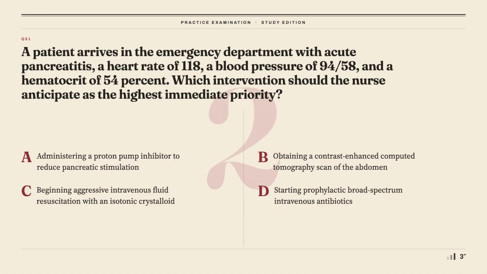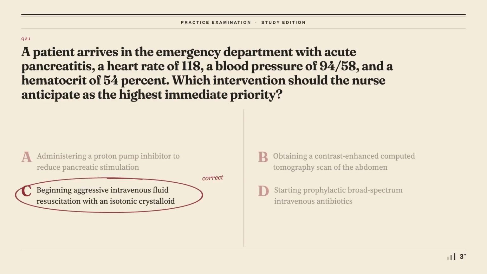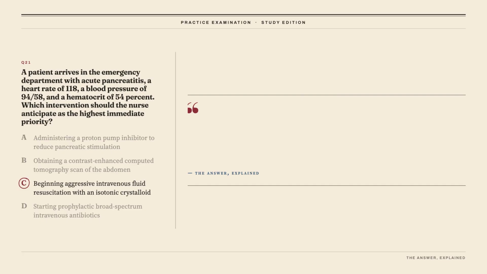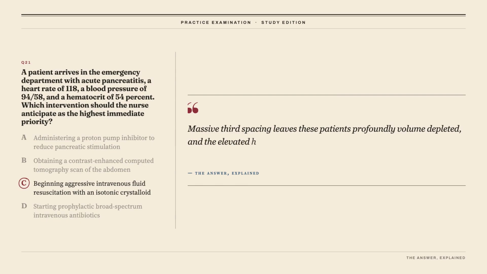The correct answer is C. Beginning aggressive intravenous fluid resuscitation with an isotonic crystalloid. C is correct because massive third spacing leaves these patients profoundly volume depleted, and the elevated hematocrit is direct evidence of hemoconcentration. Early aggressive hydration, generally with lactated Ringer's, is one of the interventions most clearly linked to better outcomes. Adequacy is judged by a urine output of at least 0.5 mL/kg per hour, a falling heart rate, and a